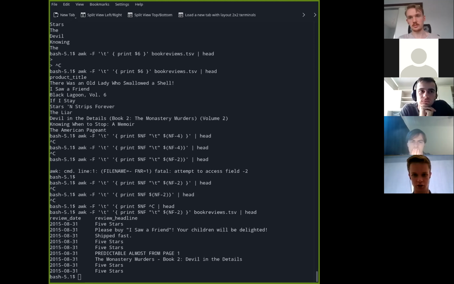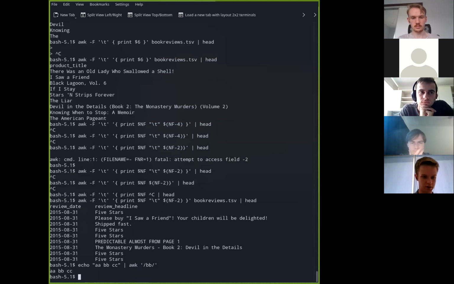The last one we're going to do is a quick pattern matching. To do pattern matching, if you've used Vim before, you'll be familiar that using the slash character is the same as pattern matching. So let's go echo AABBCC, and let's pass that to awk. And what we can do is search for the string BB, and because we're not doing this column wise,